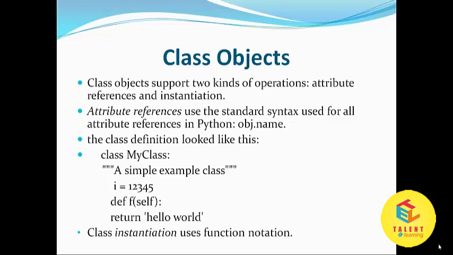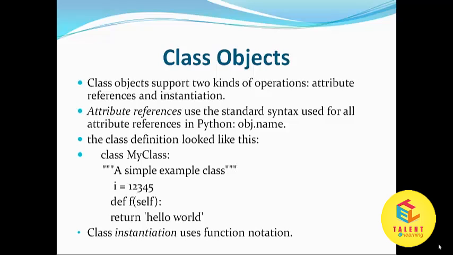Now we see the class objects. Class objects support two kinds of operations: attribute reference and instantiation. Attribute references use the standard syntax for all attribute references in Python: obj.name. The class definition looks like this: class MyClass, then a simple example class,